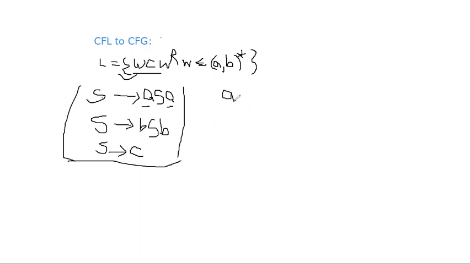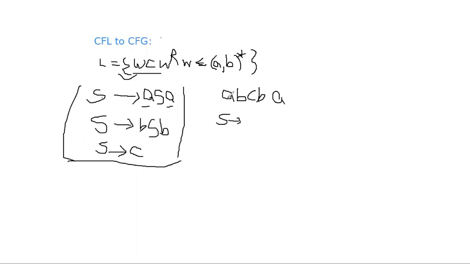Suppose we take AB. Okay, now W is AB. Anyway, C is there as separator. What is WR? BA. WR is BA. So first symbol and last symbol are A, that's why we should start with the production S as ASA. Start with the first production because both are starting with starting symbol S. Either you can start with this or this, but based on input.